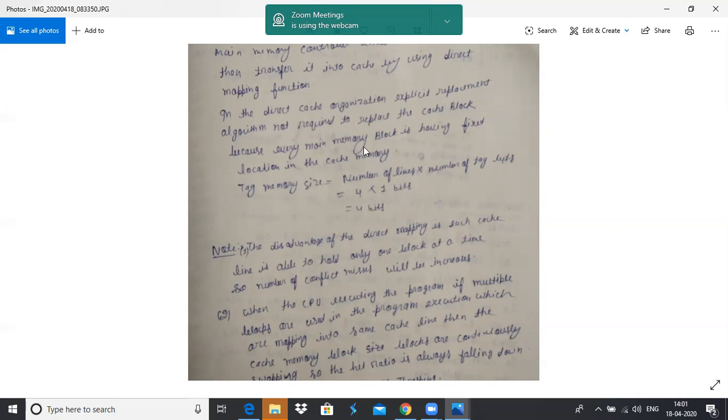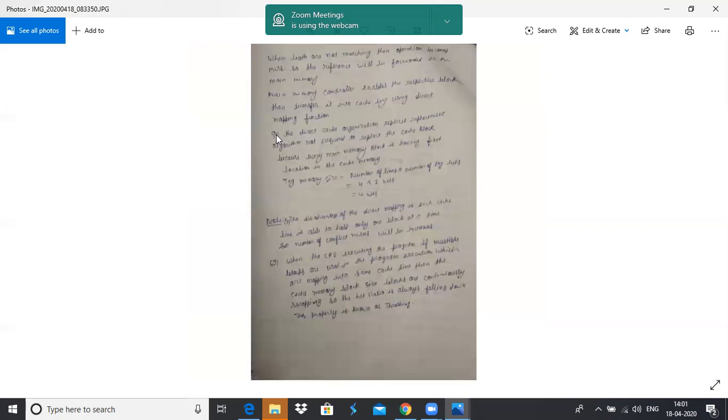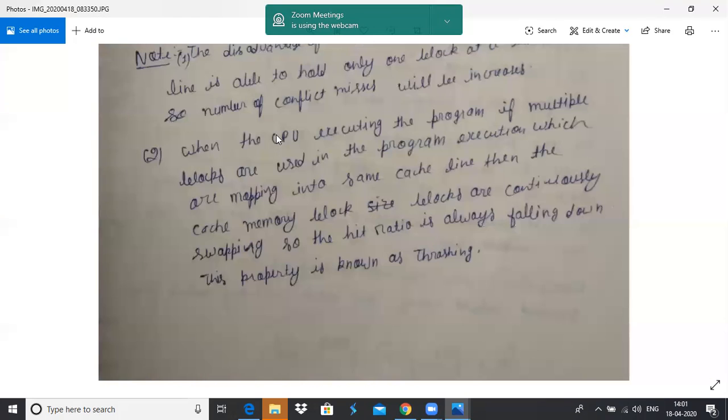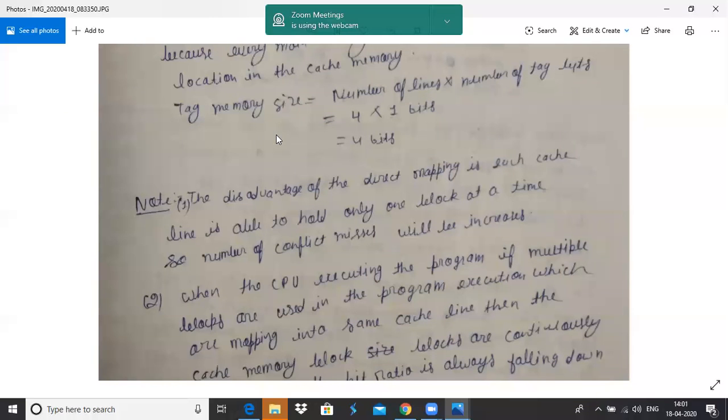And the disadvantage of the direct mapping technique is that every time you have to perform the replacement algorithm when the required block does not exist in the cache memory. Each cache line is able to hold only one block at a time, so the number of conflict misses will increase.